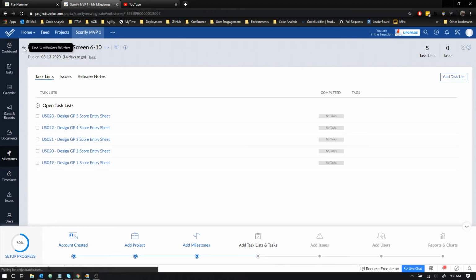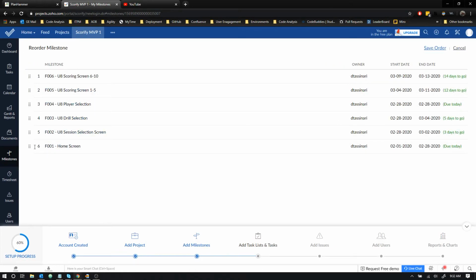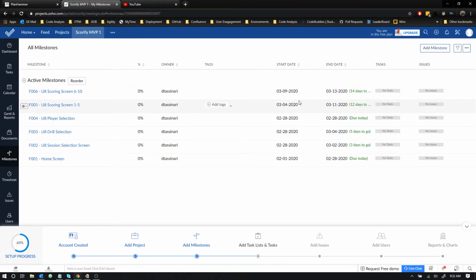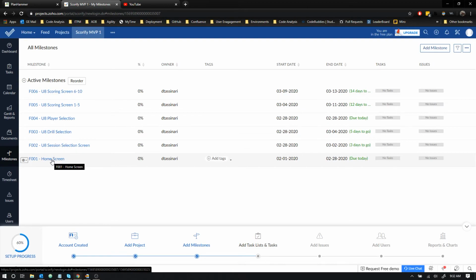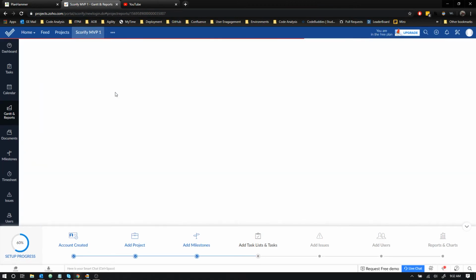So now what we have is a set of feature level elements, which are the active milestones. I'm going to go ahead and reorder them because, oh no, I guess I don't need to reorder them. It kind of did that for me. I put in the dates preliminarily. Some say they're due today, but in reality, those are actually done in Power Apps, so I just have to update the individual tasks. So let's take a look at our Gantt and reports and see what this is giving us. So if I take a look at the Gantt chart,